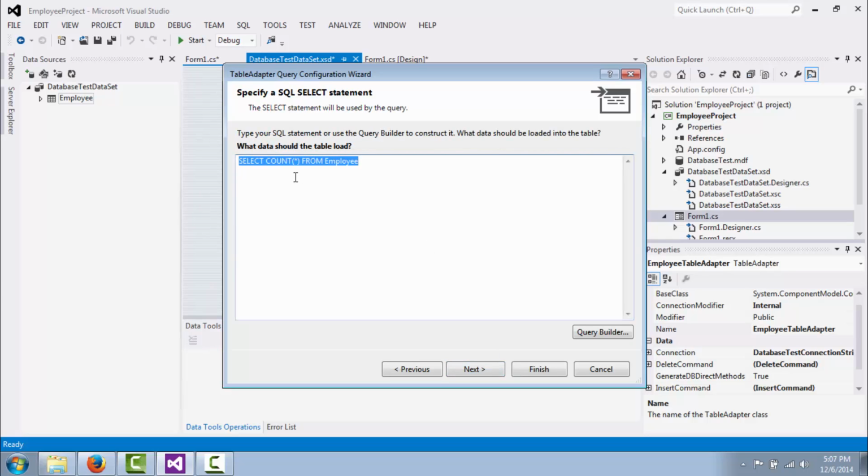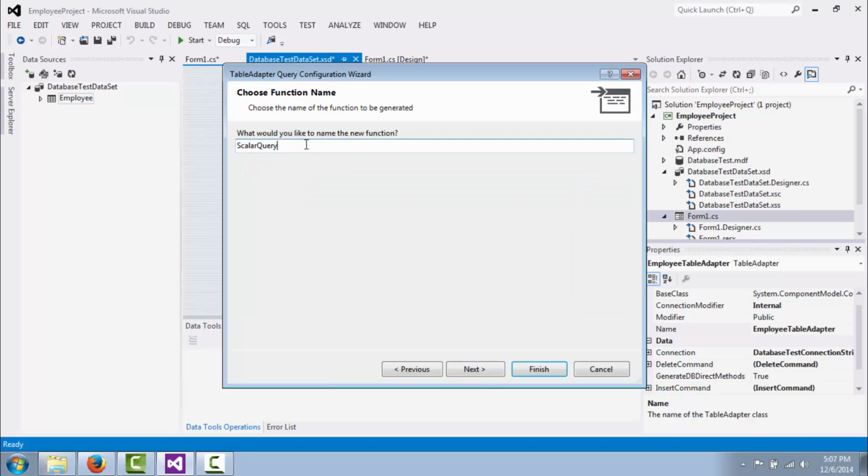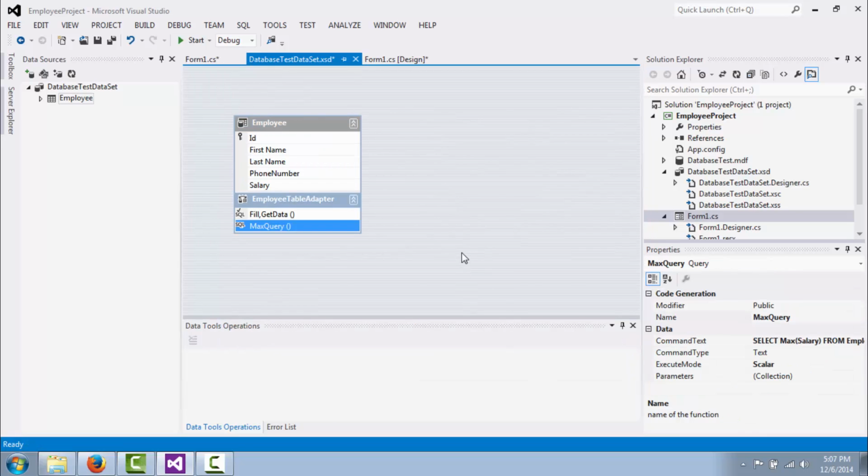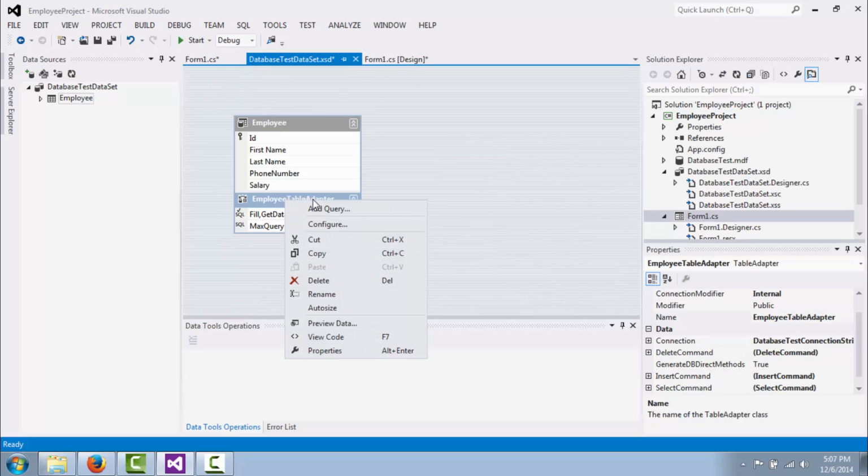Over here we will have to change the SQL query. We'll have to create max of the salary, do a next. We'll change the name to max query, do a next, and do a finish. So a max query method has come up for this employee table adapter. Similarly, we'll create a method which will be called min query and which will calculate the